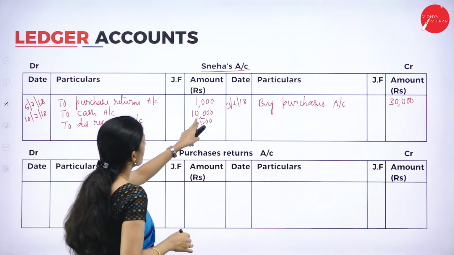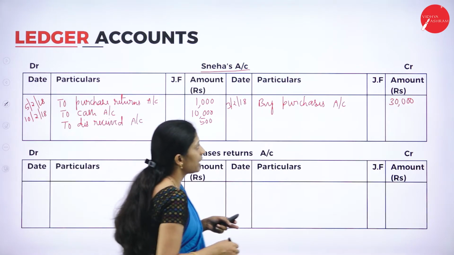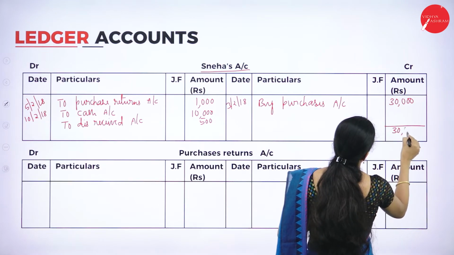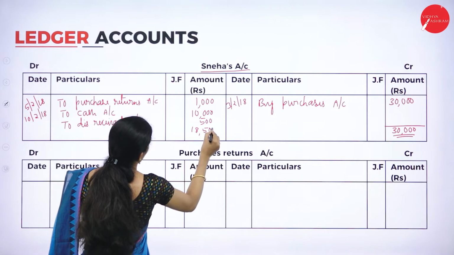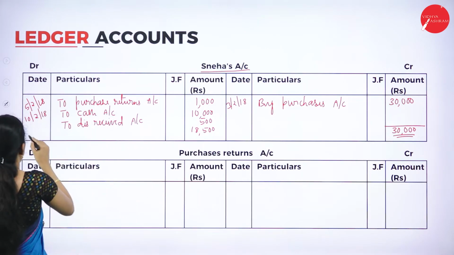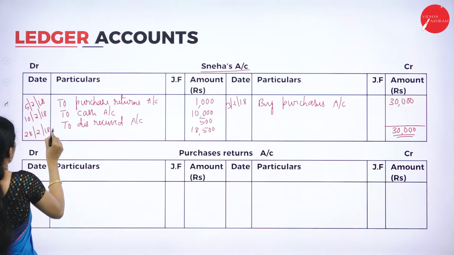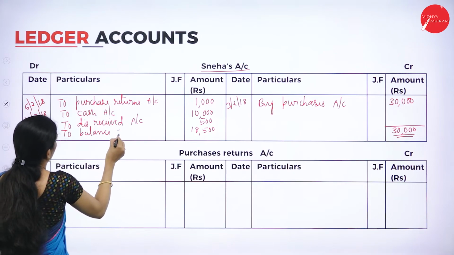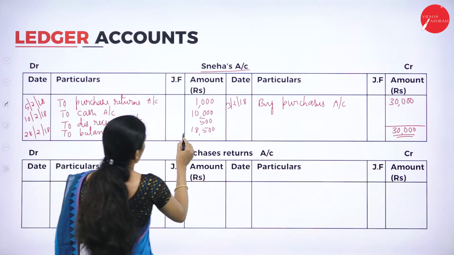If you add here, it is 10,500 plus 1,000, that is 11,500, whereas here it is 30,000. So 30,000 is greater. Now what is this 18,500? This is balance carried down. On which date? 28/2/2018, to balance carried down. How much? 18,500. But the total on both sides is